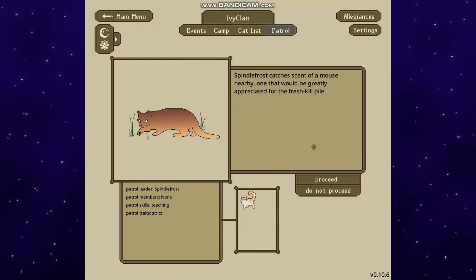So Spindlefrost catches the scent of a mouse nearby, one that would be greatly appreciated, and she narrowly misses the mouse. Yeah, so that is just one hunt of the few. She's still gonna be able to get success if this patrol thing misses, but it's just an added flavor bonus. So she misses a mouse, but she gets the rest of the prey, which she caught 4 again, which is